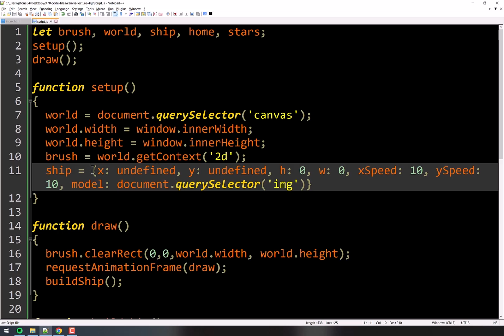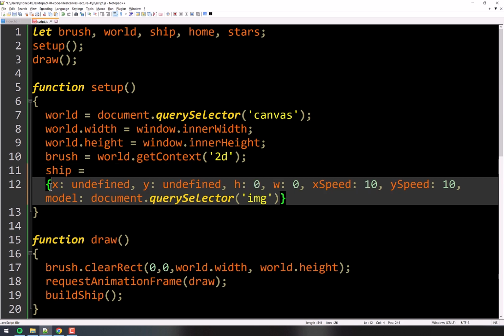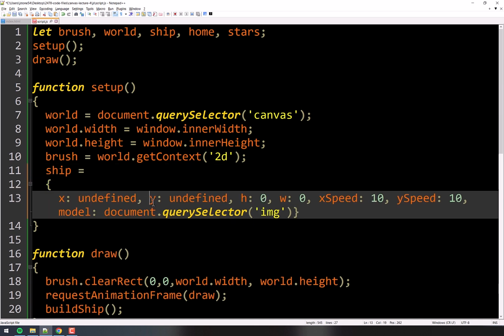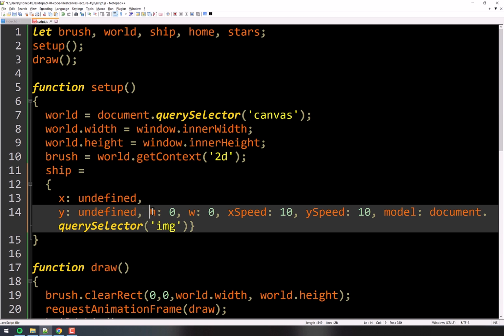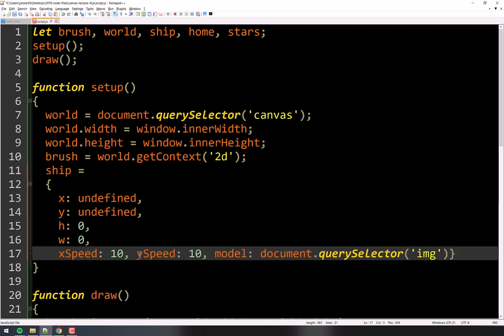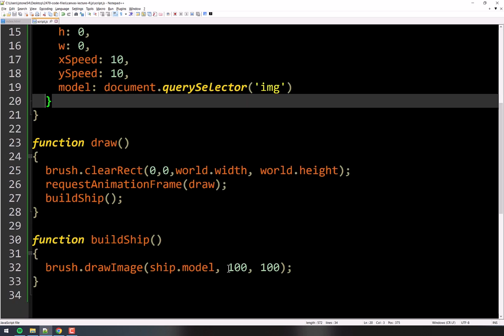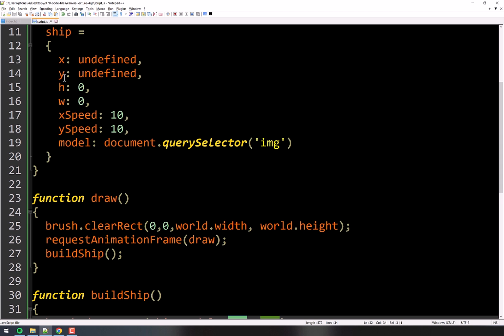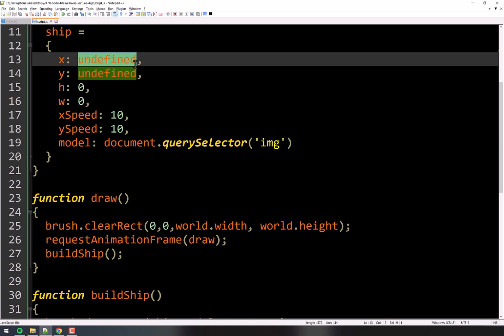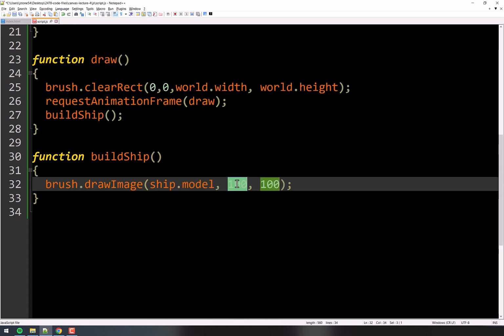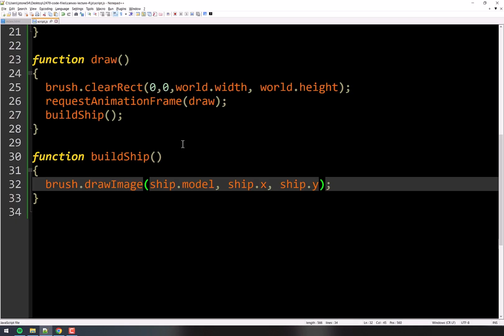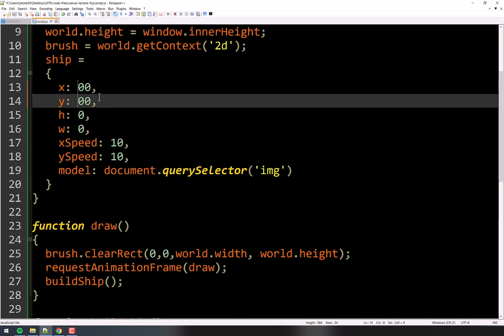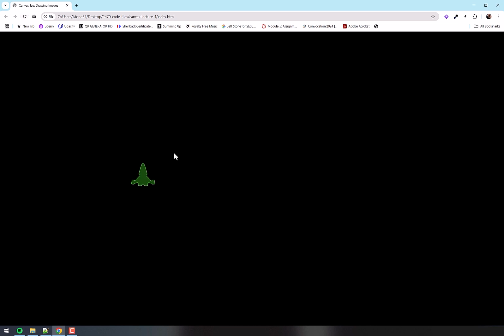So we have this nice little ship here, and it's got enough properties here that we probably should give it a little bit of breathing room here. So let's just go ahead and do that so we can see everything nicely. There we go. So the next thing here, we want to do ship.x, ship.y, right? Well, at the moment, we don't have any values there. So let's put 100 and 100, and we'll go with ship.x and ship.y. And again, nothing should change when I refresh it, and nothing does. And just to prove that it's working, we'll change this to 5 by 5 or something like that. And you can see it puts it over there.